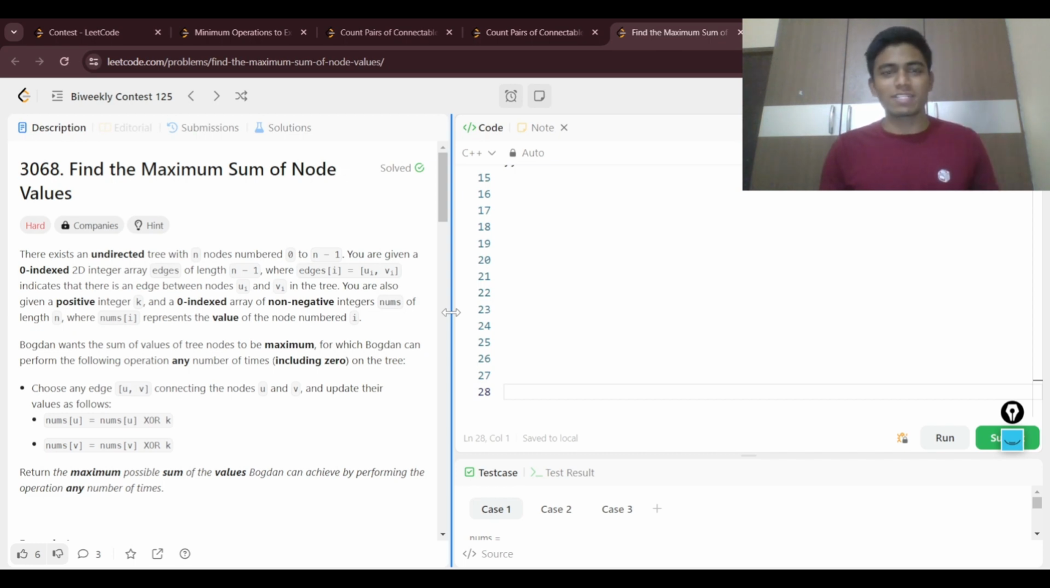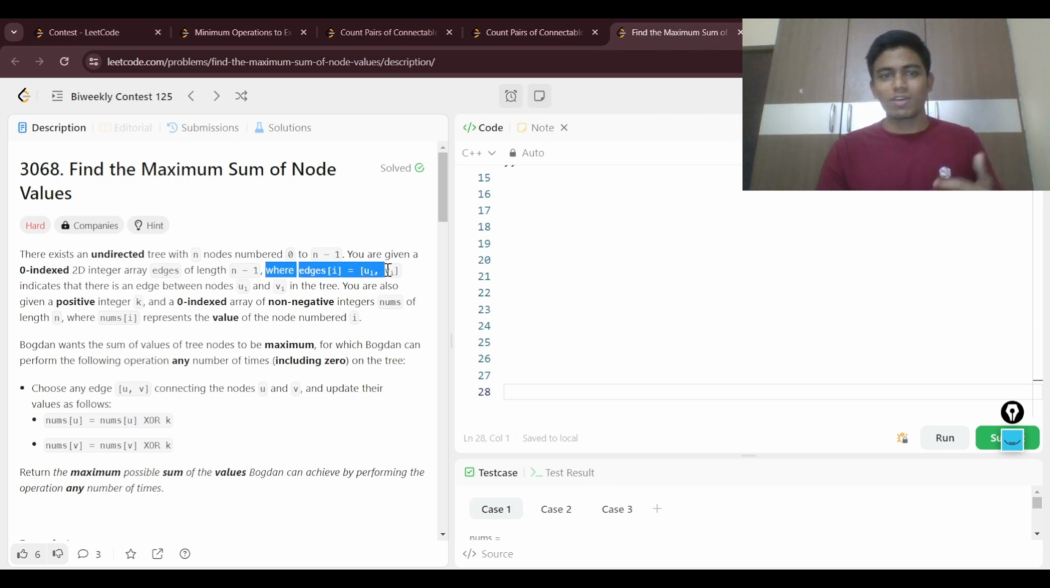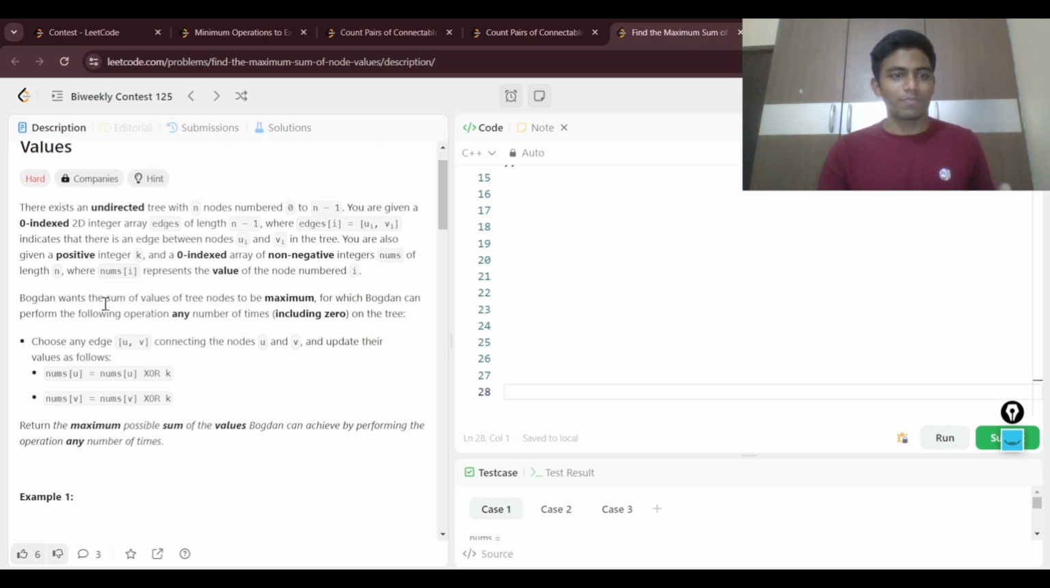Now we'll be discussing the bi-weekly contest, the last question, which is maximum. Find the maximum sum of node values present in the undirected tree. So here we are given n nodes, and then we are given edges which contain the node ui and then the node vi, and then there will be nums of i, which will represent the value of the node numbered i, and then we need to